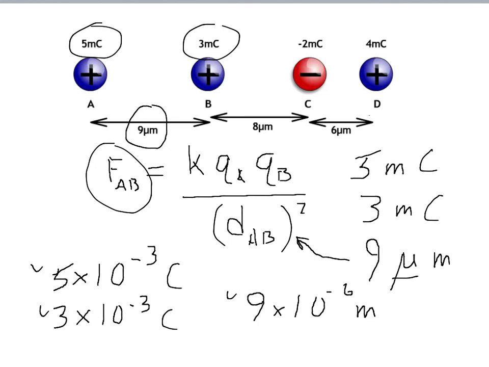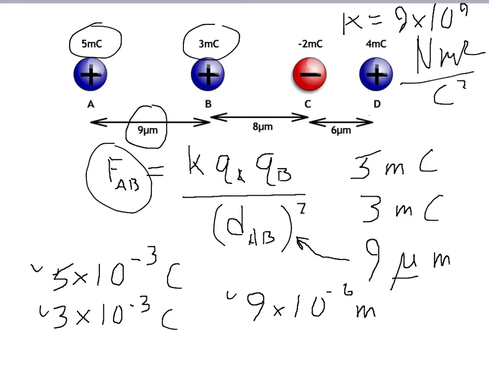You've got the K value, you know it. K is 9 times 10 to the 9th. I'm going to write that right up here. K is always 9 times 10 to the 9th. And the units, which allow everything else to cancel, are newton meter squared per coulomb squared. After you've done that for A and B, you might try doing the same thing for the force between A